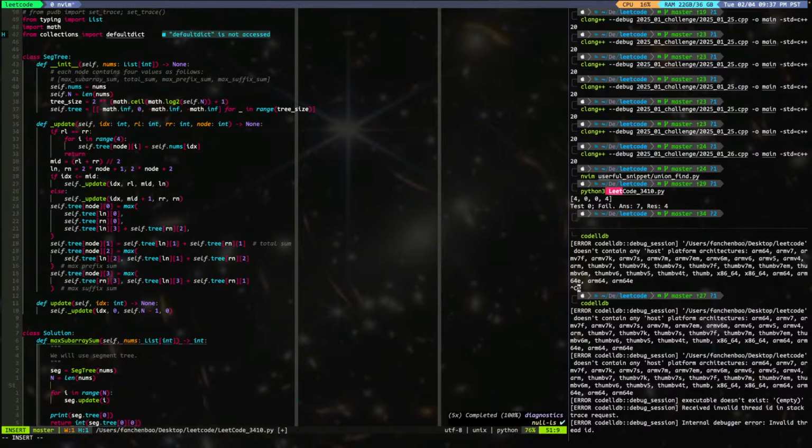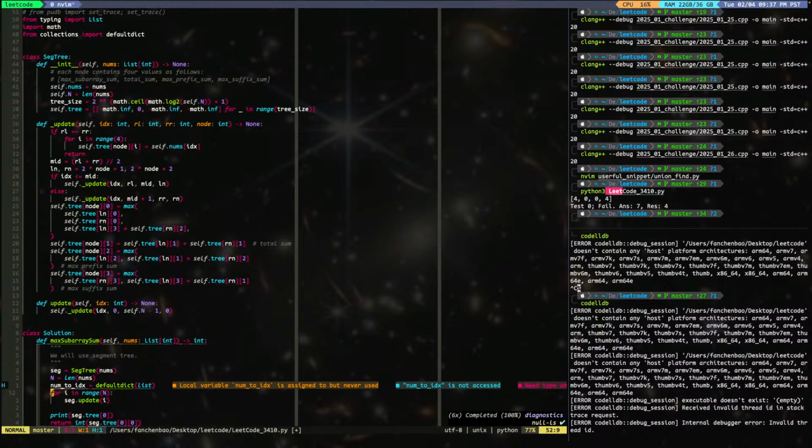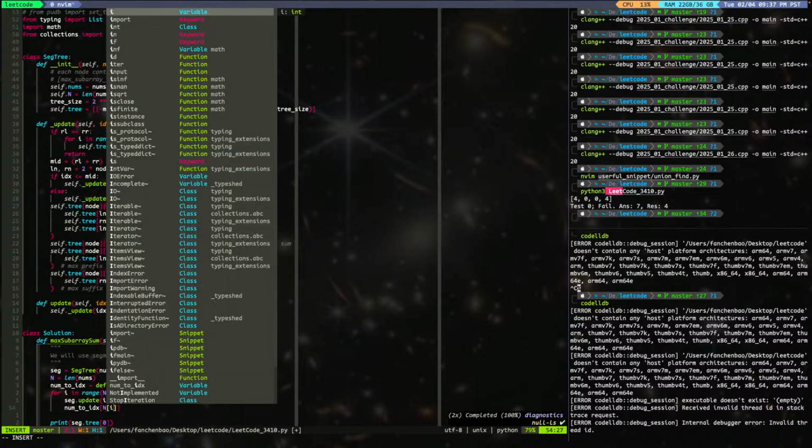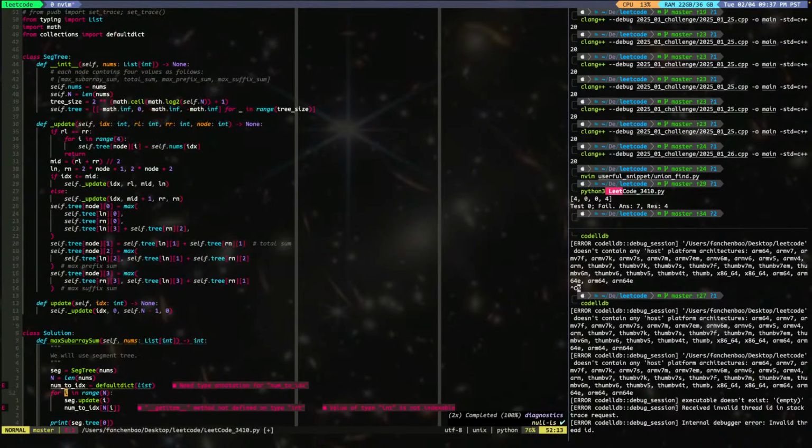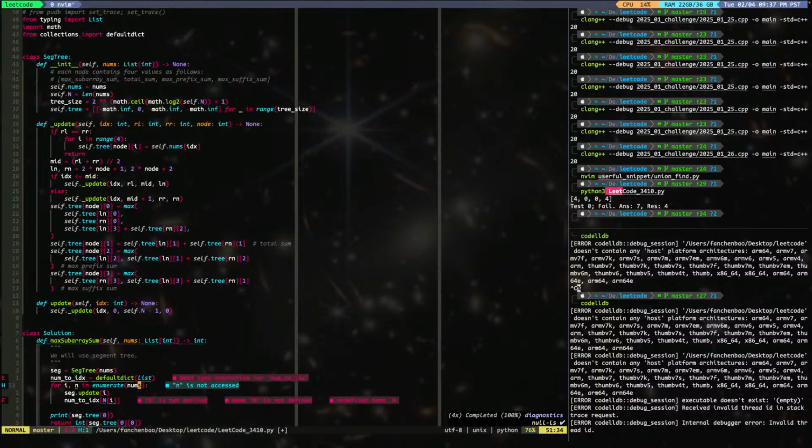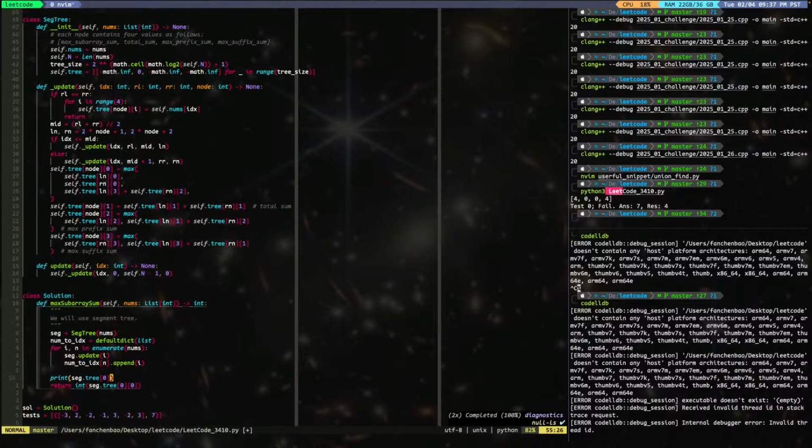Ooh, I can do both at the same time. Then we say num to this ni. Okay, that makes more sense. I believe it's gonna be enumerate. I haven't written this for a very long time. I probably don't even need this, right? So this I already have. It's gonna be n dot append i, right? Okay, so that's that,